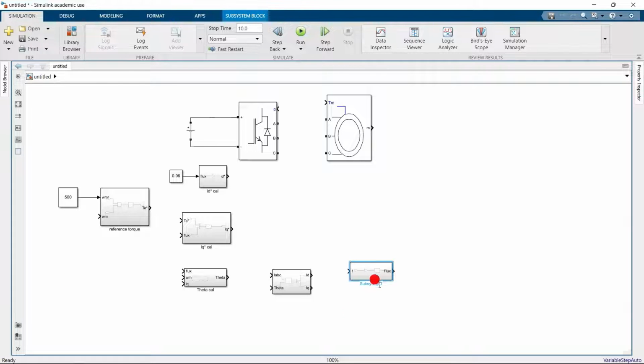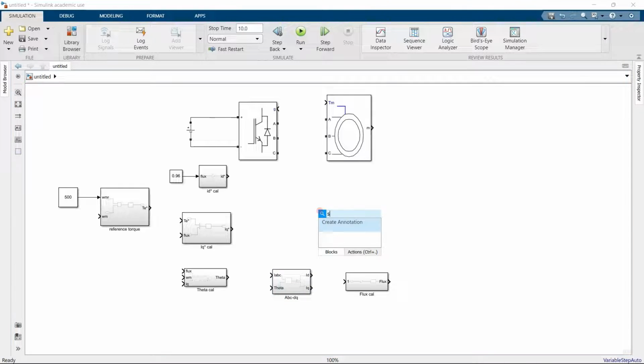And change the subsystem into flux calculation, and this one as well, ABC to DQ convert. Now create another subsystem